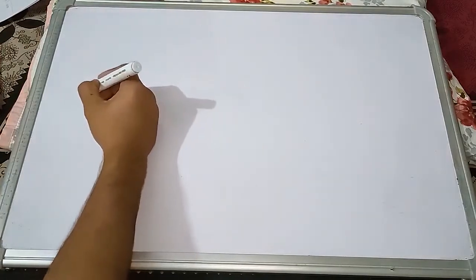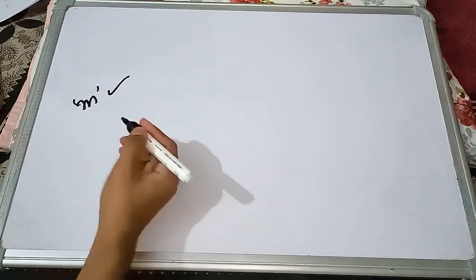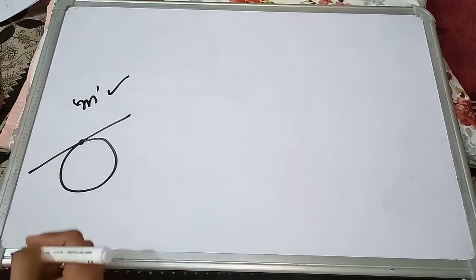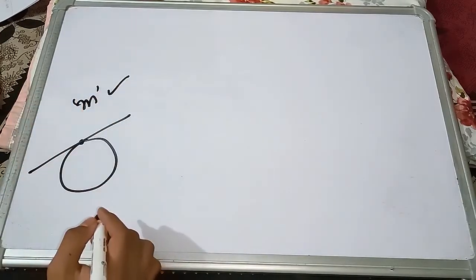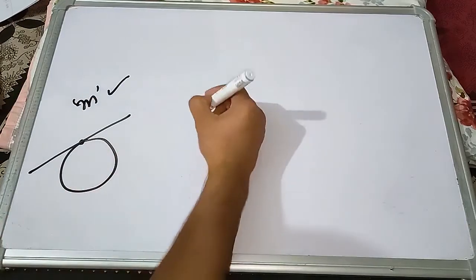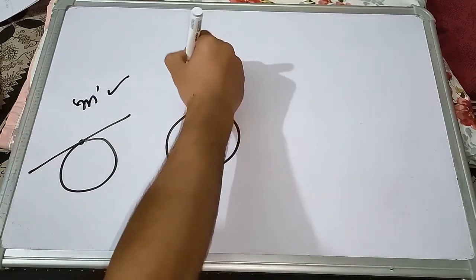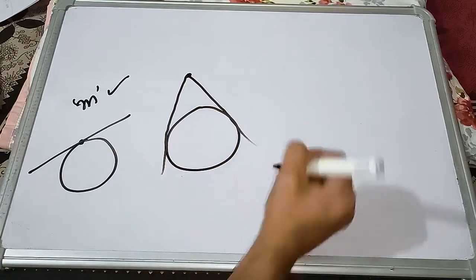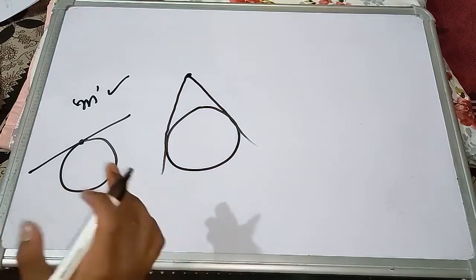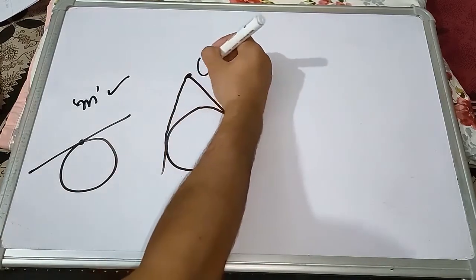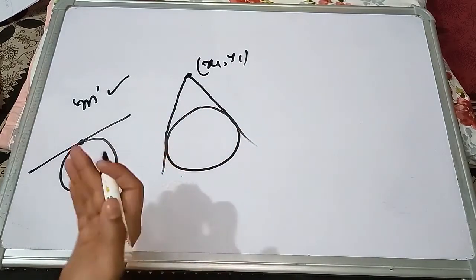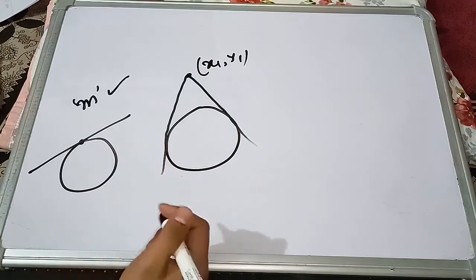Till now what we have learnt is that we can find the equation of a tangent if we are given the slope of the tangent, or else we are given the point on which it is drawn, and that point should lie on the circle. So slope and this one are done. Now what if we have a circle and we have an external point? We can actually draw two tangents from an external point to a given circle. How to find the equation of these tangents from an external point x1, y1? They do not lie on the circle. That is what it means to be an external point. So what do we do now?